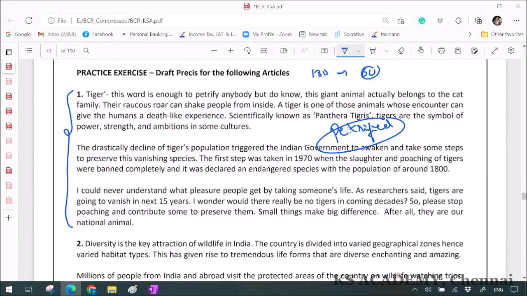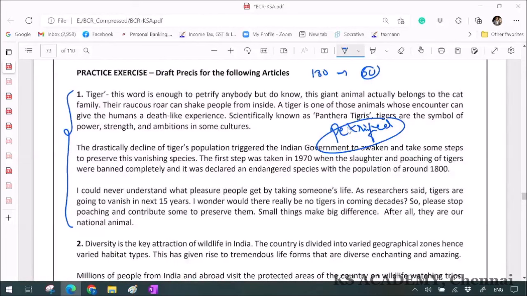So next they are talking about decline in tiger population, because of which the government has taken anti-poaching and anti-slaughtering measures and all that. So what will you write? In view of the drastic decline in tiger population, T capital,